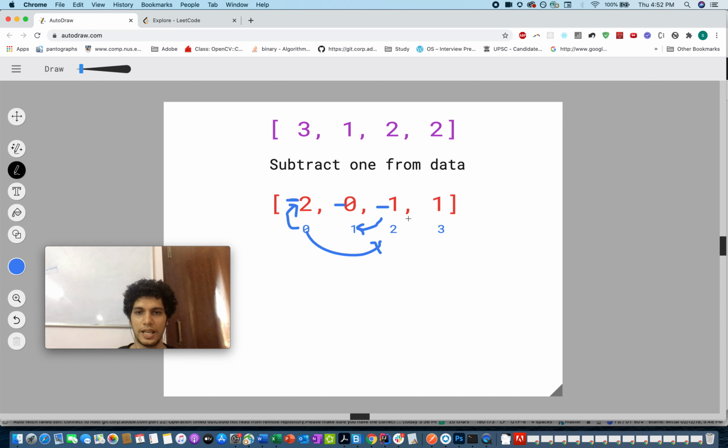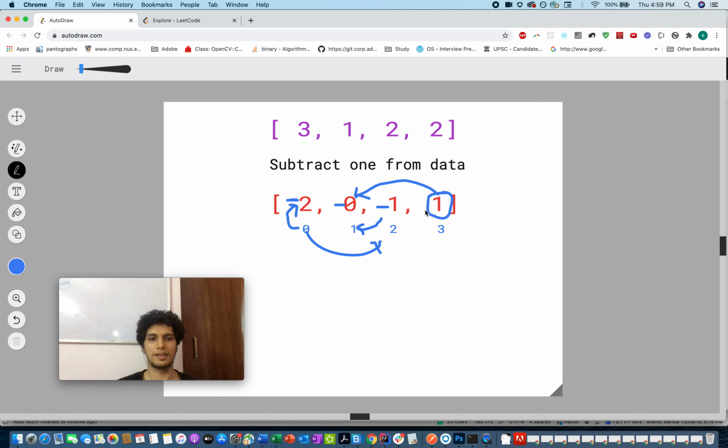And now comes the case where I am at 3, and I go to the first position this time. The first position is 0, and I see that it's negative. That means it's a case of repetition. Since it was negative, I add the absolute value plus 1 into the answer, and this will give me the complete data set where duplication is happening. So the case is very simple. You find the absolute value of the number, you go to that index, and you negate that value. A negative value signifies that the index has been visited in the past, so I need to add that value plus 1 to the data set.